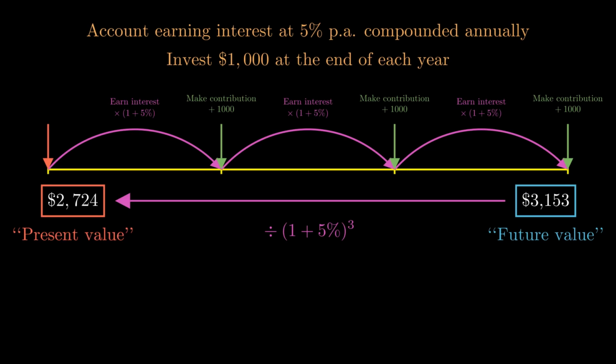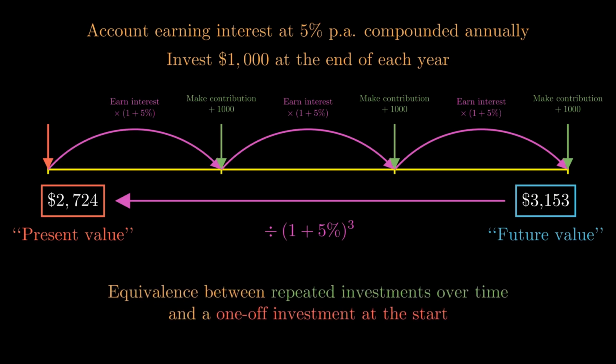And you might be like, why do we care about such a strange number? The idea is this. It establishes an equivalence between repeated investments over time and a one-off investment at the start. See, it gives us this connection between two very different stories. The green story, where we are repeatedly pumping money into the account over and over again, the $1,000 every year. And the red story, where we chuck in one big amount, the 2,724, and just let it sit until it grows into the same final